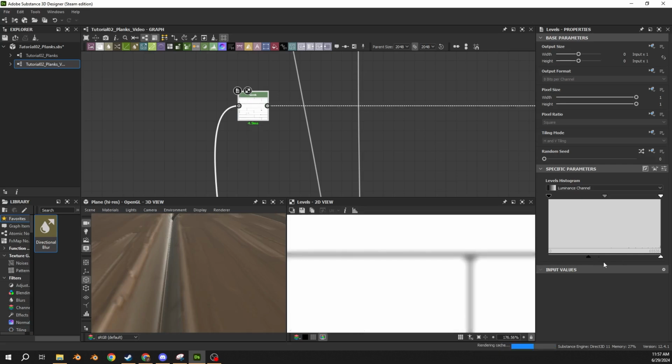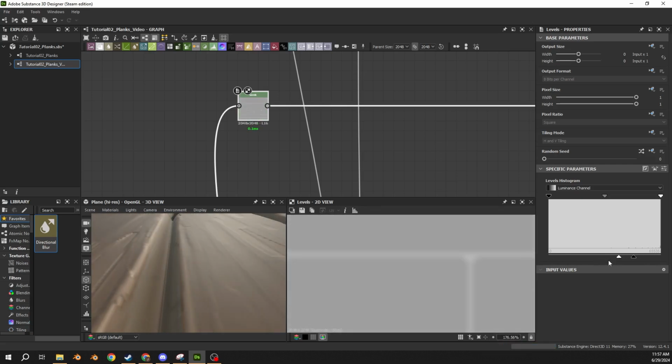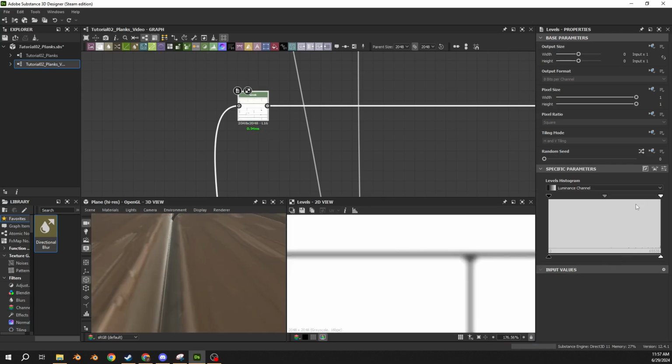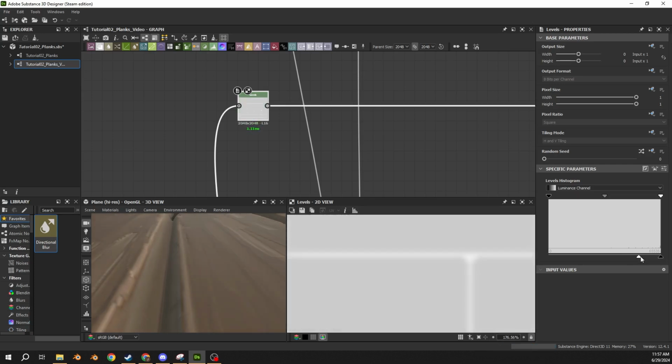If you move this and these like this, you're basically inverting the levels. So it's like an invert grayscale. When you move the bottom one here, you're raising the black values. So we're raising the roughness because white is super rough and black is glossy or reflective or wet. So we're going to increase the in between because we want it to be super rough because it's the crevices. So we want it to be all the way up, and then this one is going to dictate